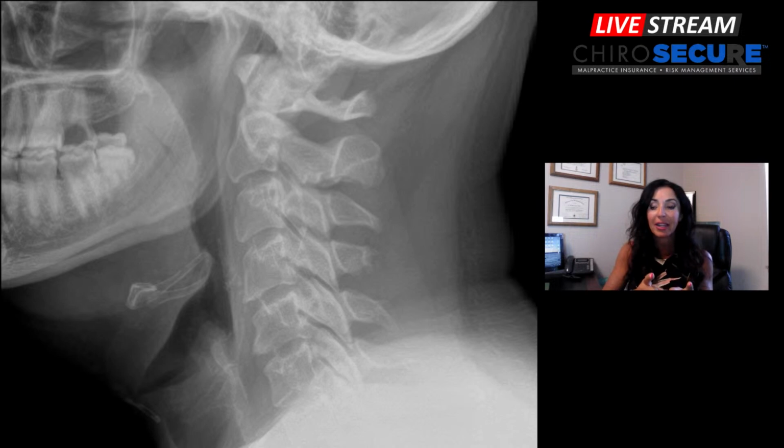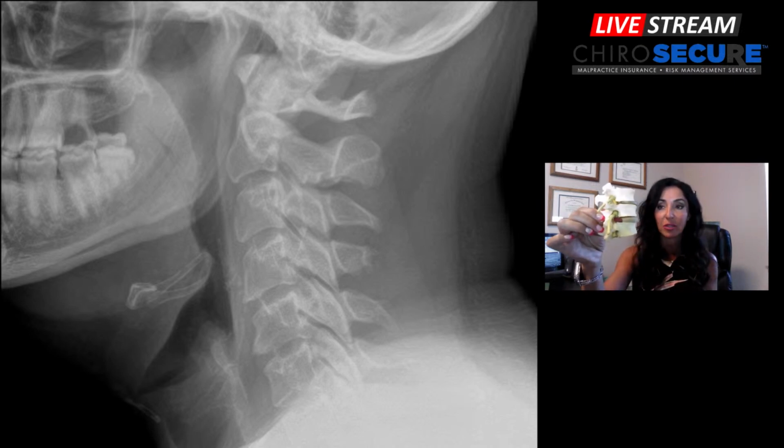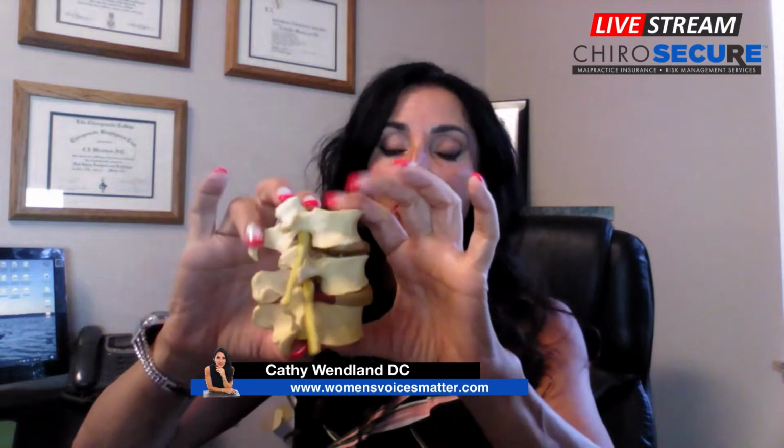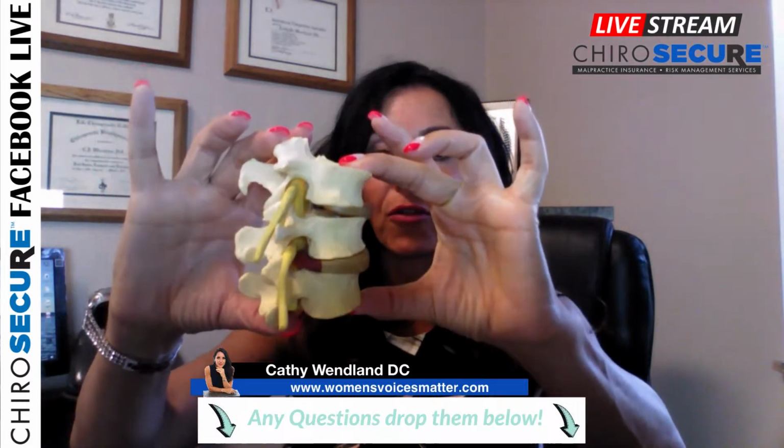Now, your spine is designed to carry 60% of the weight on the posterior aspects of your vertebral bodies and only 40% on the actual body. So 60% should be on the posterior aspects of the vertebra, 40% should be up front. As long as we have a nice curve, we are bearing most of the weight on the posterior aspect. But the minute we shift forward and we start bearing more weight on the front, this becomes a mechanical issue where your body can no longer support the weight of the head.